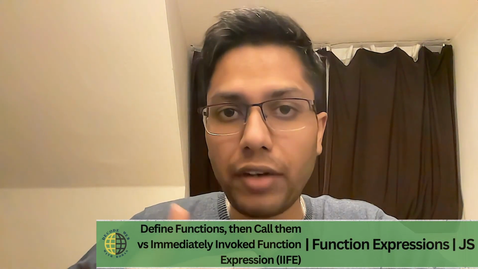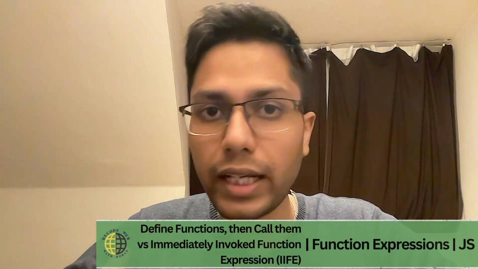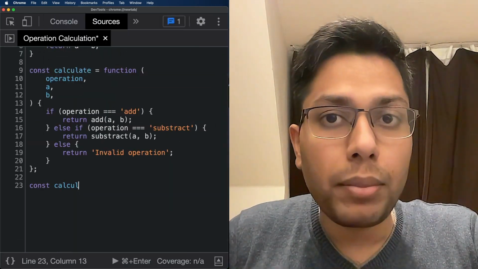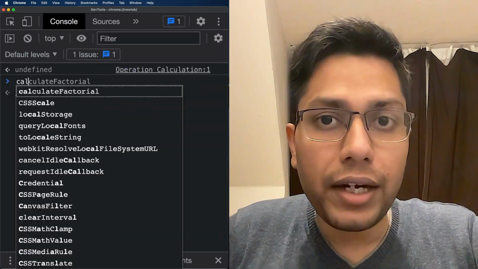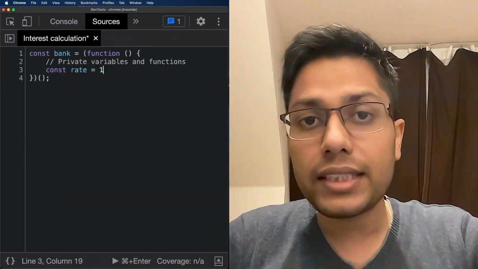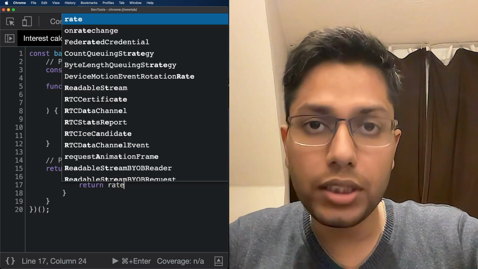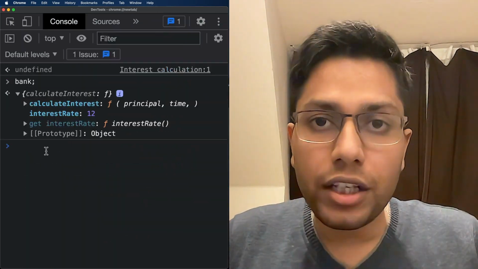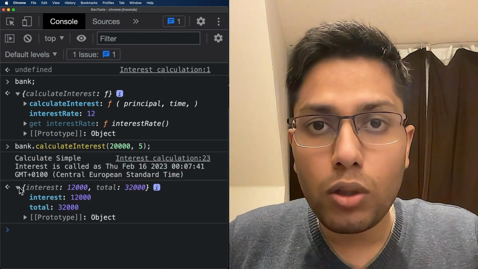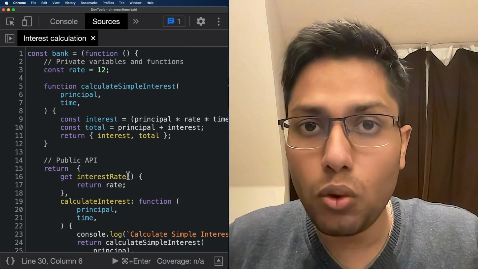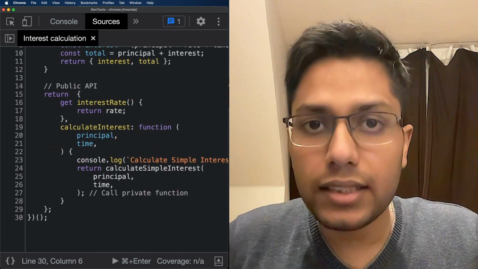Differences between defining a function and then calling it elsewhere versus immediately invoked function expressions. The former can serve various purposes, for example, reusability, modularity, callbacks, more readable code, etc., whereas immediately invoked function expressions serve a very specific purpose: avoid hoisting, creating a new scope, avoid variable collisions, and maintain the privacy of variables and functions within its scope, but simultaneously access the outer scopes.